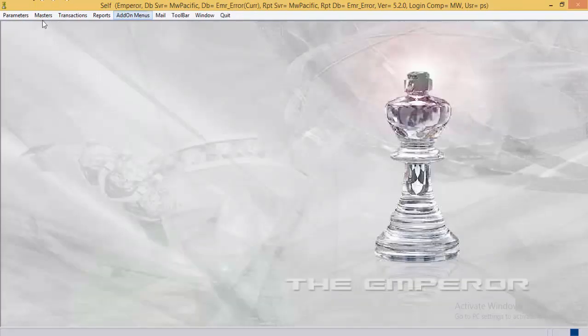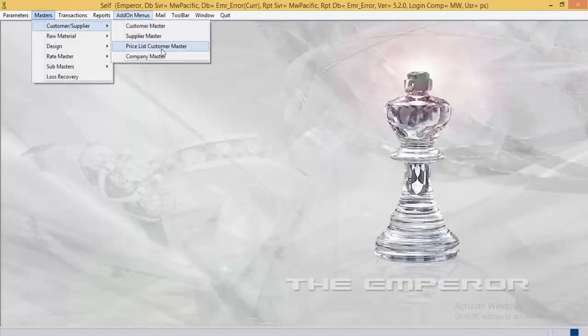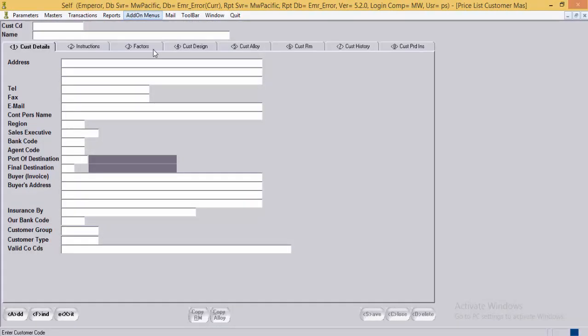Next is price list customer master. This is similar to the customer master entry. In the customer code here, we enter the code which refers to a group of customers. The group of customers here means the bunch of customers who follow the same pricing rate chart and can be clubbed in one group. For example, there are 15 retail customers who are being charged the same rate for the RM. Now all these retail customers can be clubbed into one price list customer.